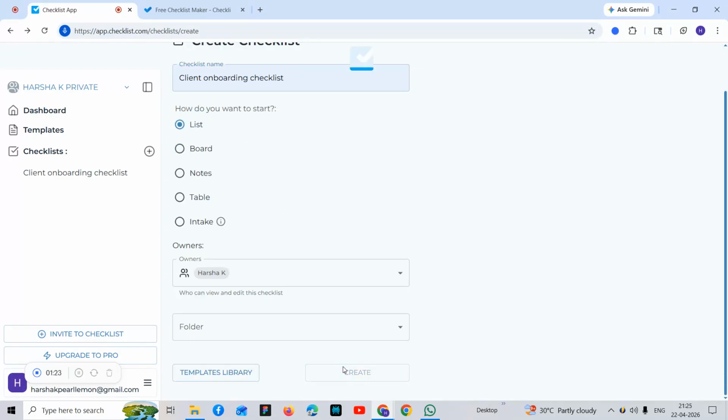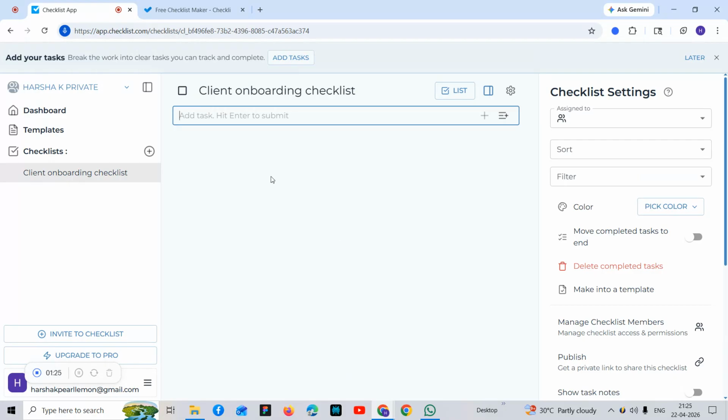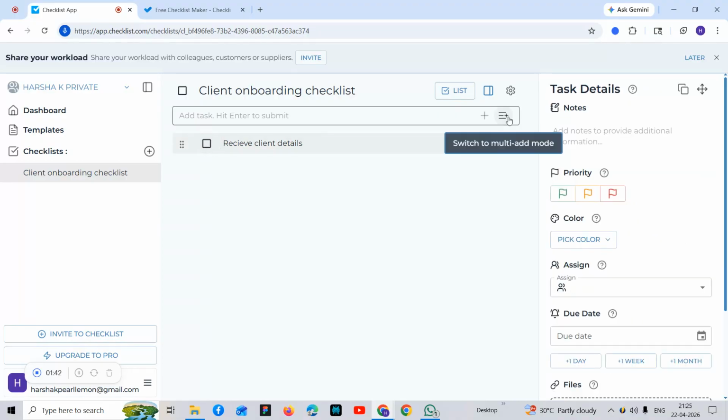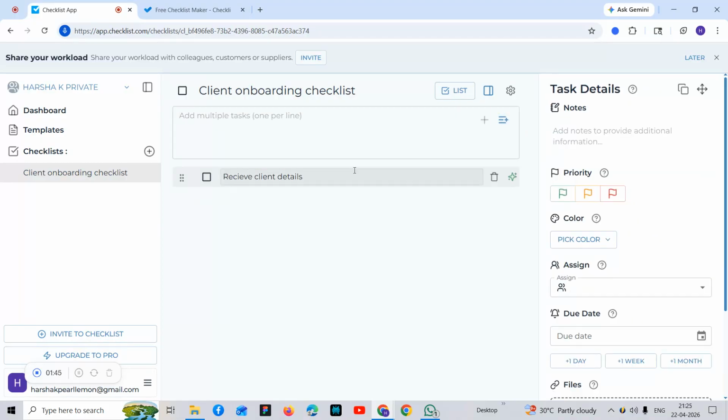Let me create one, and now I'll add the tasks. Receive client details, then add one more. I'll add this, perfect.